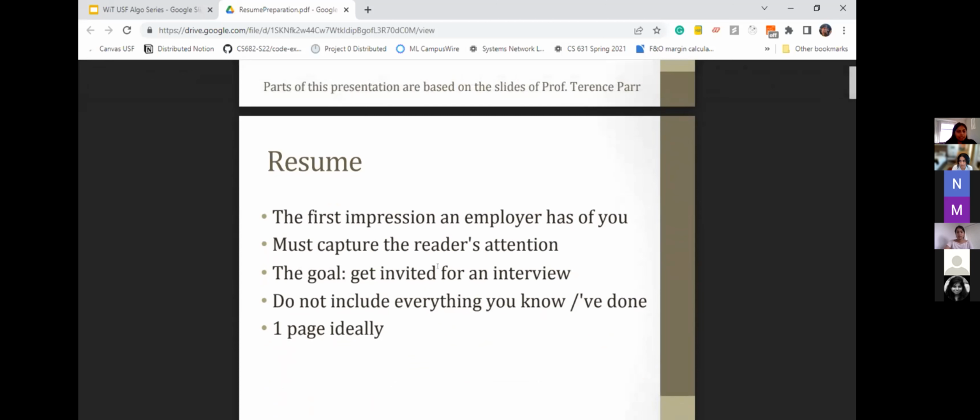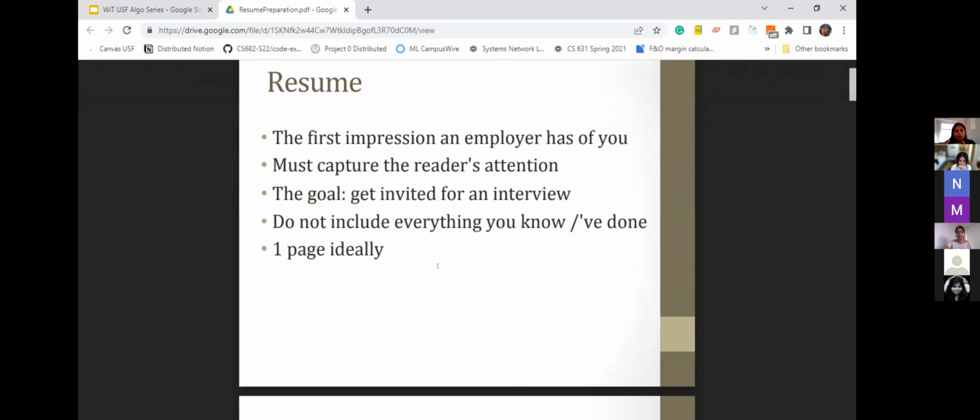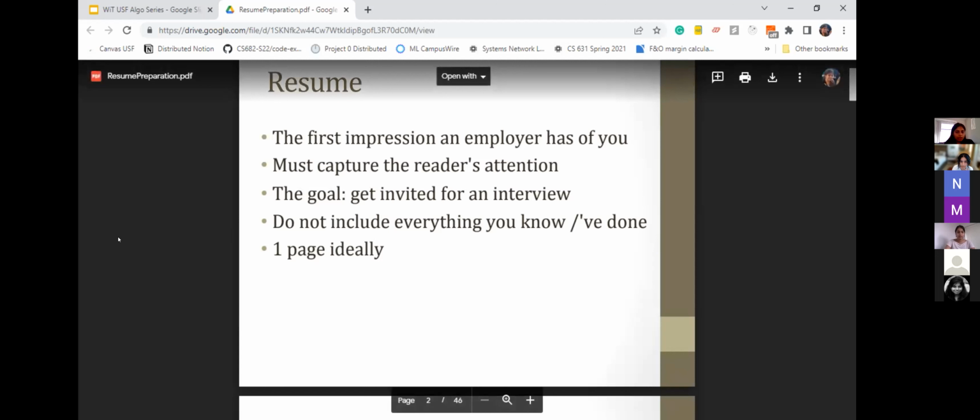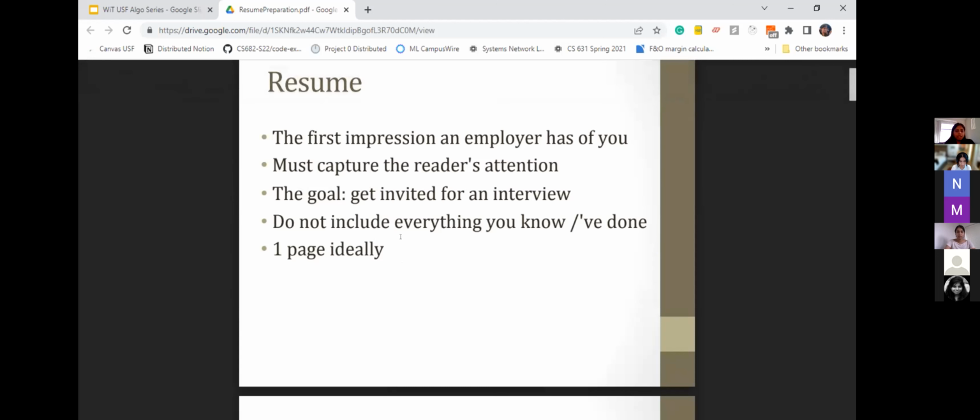And if it captures their attention, then they go into more detail and maybe spend about 30 seconds to a maximum of 1 minute of their time. So that's the overall information that you want to put in, that's digestible for a new reader, and also categorized in such a way that you can easily see sections about your education or your projects or maybe some extracurricular activities that you have done. So yeah, one page is ideally a good thing to have, especially when we are starting out in our careers. If we have about 5 or 10 years of experience, 2 pages is okay, but one page is a strict